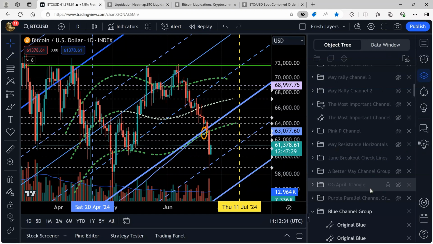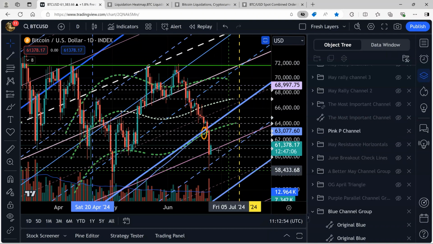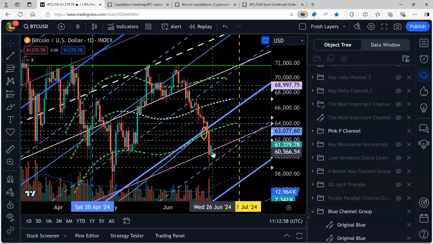I guess I'll leave the Gaussian channel on for now. And we've got the blue channel group on. Let's turn on the pink channels. So you can't really see how this center line and the bottom of this channel, or the intersection of these two pink channels, have really. You're looking here on the daily, you'd say, well, it kind of went near there,